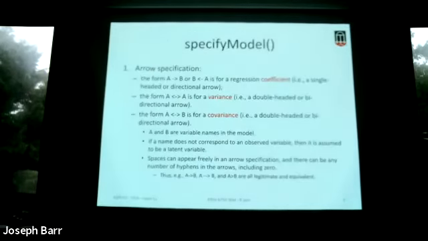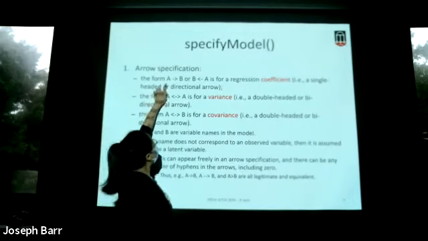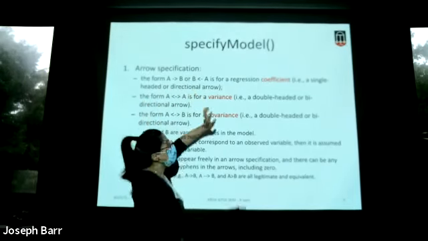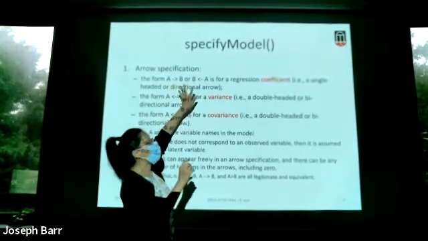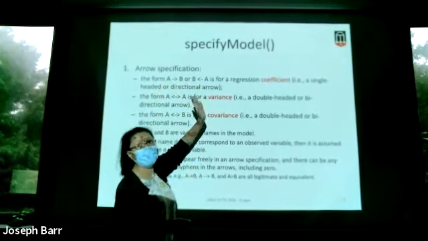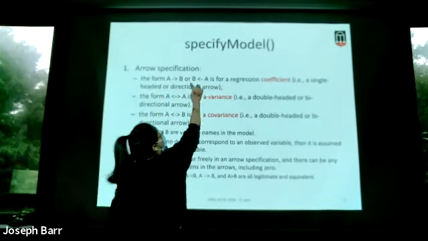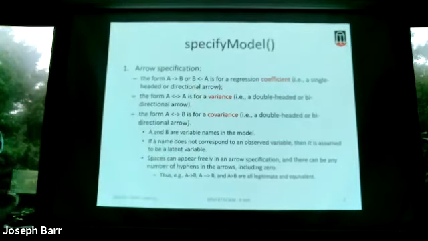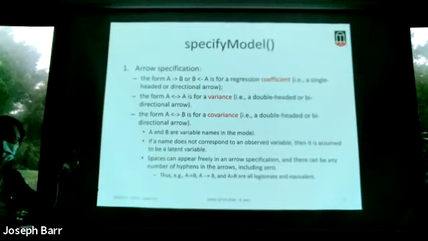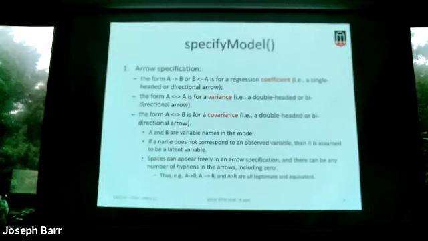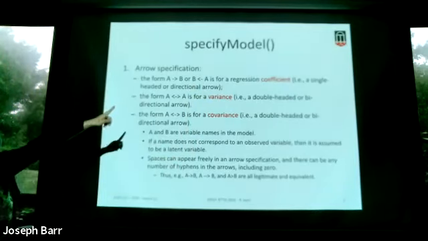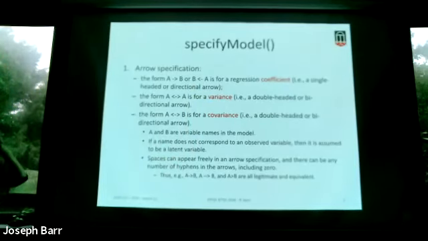Look at this part. Yeah, so if we have a single-headed arrow, for example, A goes to B or B goes to A, okay, the position doesn't matter, but the final definition is A goes to B. Okay, so whether A is on the left side or the right side, it doesn't matter. But you have to show that the direction is from A to B. Then that means there's a regression, there's an independent variable, there's a dependent variable, okay. So this shows that we have a coefficient needed to be estimated. A or B or C or beta, there's a coefficient for that path. We need to estimate that part, okay.